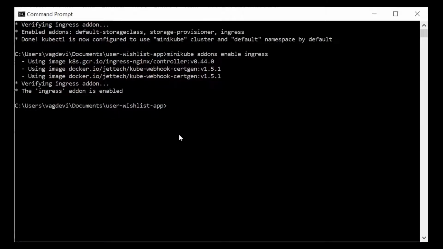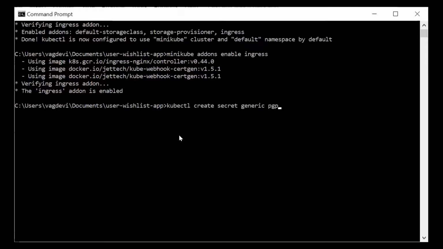So now, as discussed previously, we want to create the secret for our password for the PostgreSQL database. For that, the command is kubectl create secret generic. Then comes the name of the secret.